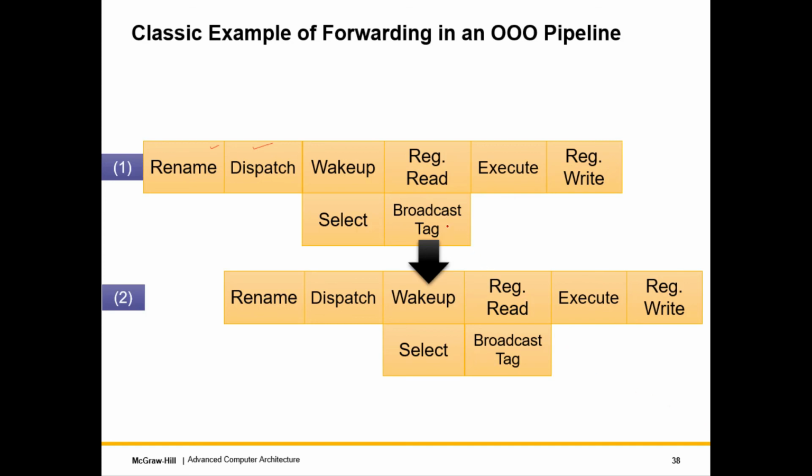We are of course assuming here, it's a bold assumption, but this needs to be made at least in this simplistic setting, that we broadcast at the beginning of a cycle, and in the same cycle, the consumer instruction wakes up, and of course, if no other instruction is being selected, it gets selected. So the select is again a best case select. It is possible it does not get selected in this cycle but in a later cycle, but we are just assuming a tight case over here.